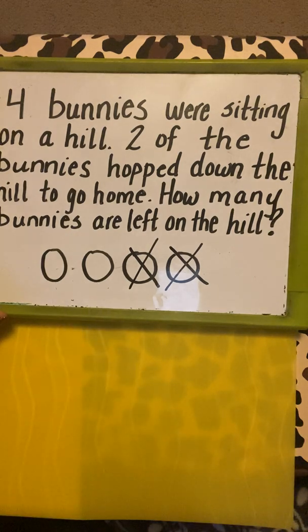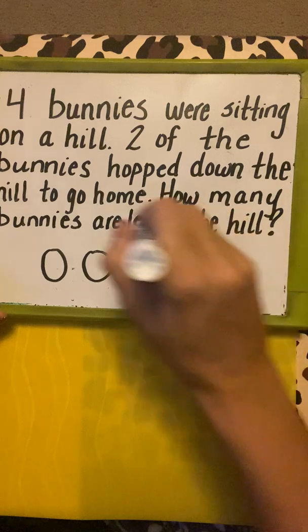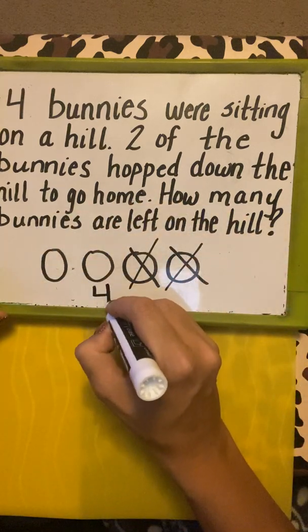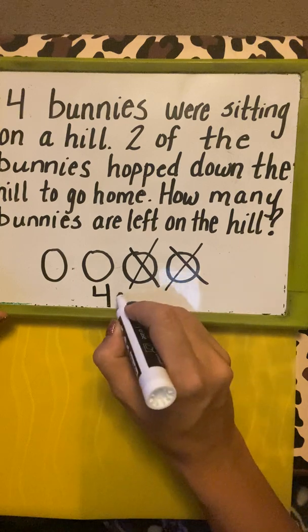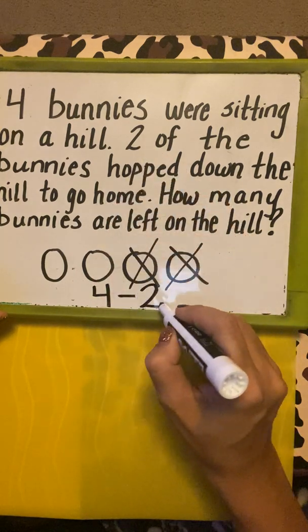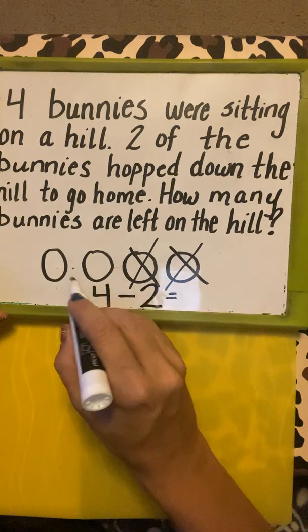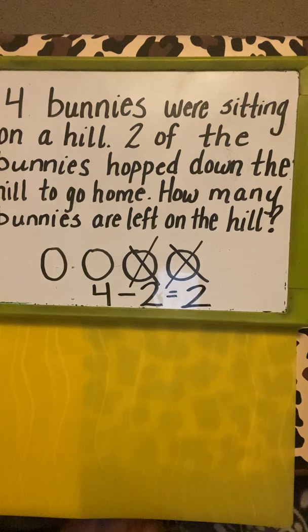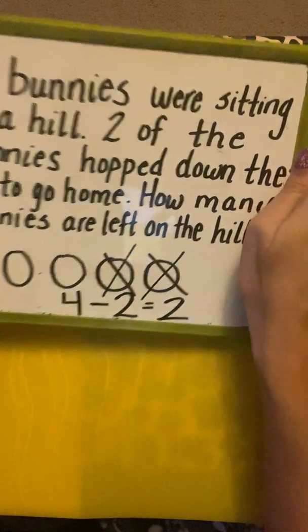2. Okay, again, what's the big number? What's the whole number that we started with? We started with 4. We know some went away, that's minus. We crossed out 2 because 2 hopped away. Equals, and how many were left? 2. Okay? So, let's take this away,